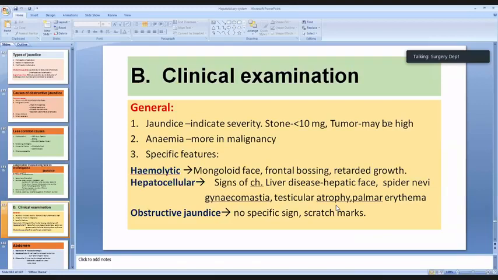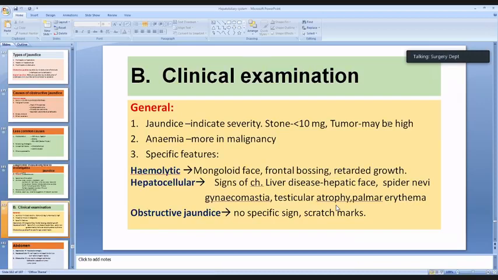In hepatocellular disease, in viral hepatitis, the liver is enlarged and tender in addition to jaundice. But in chronic liver disease or cirrhosis of liver, you can get the stigmata of cirrhosis or chronic liver disease, like hepatic face, spider nevi, gynecomastia, testicular atrophy, palmar erythema. So if one or more of these features is present, it indicates probably you are dealing with a hepatocellular jaundice. And in obstructive jaundice, there is no specific sign,